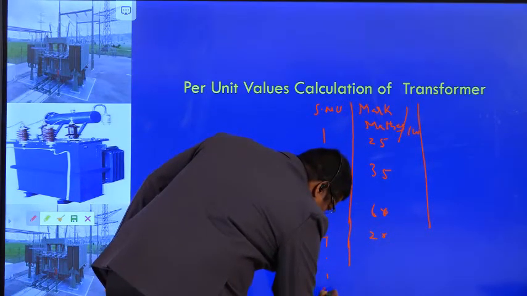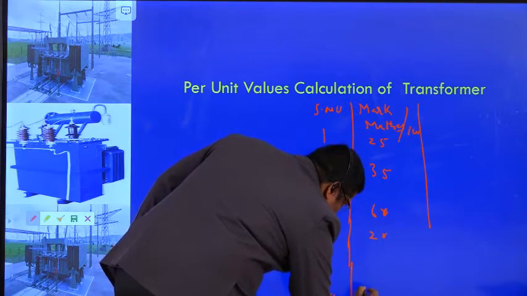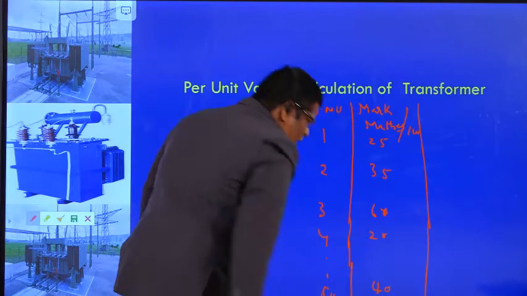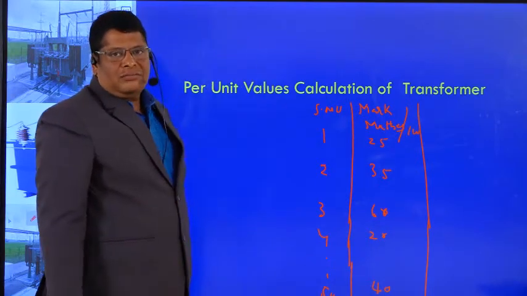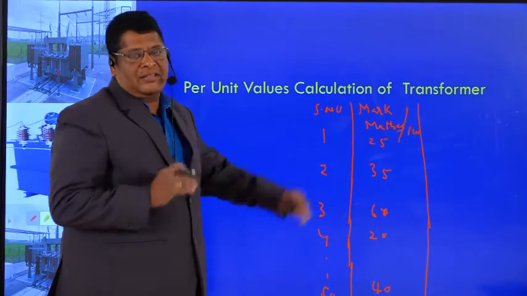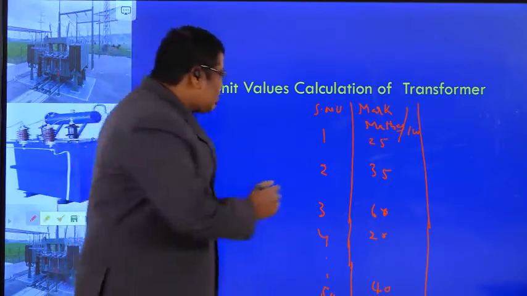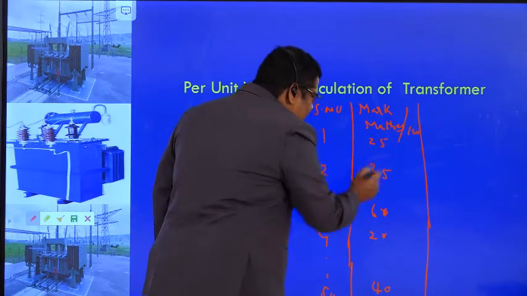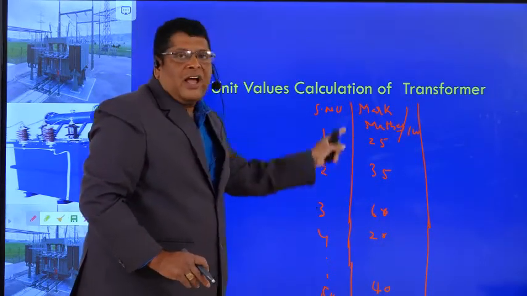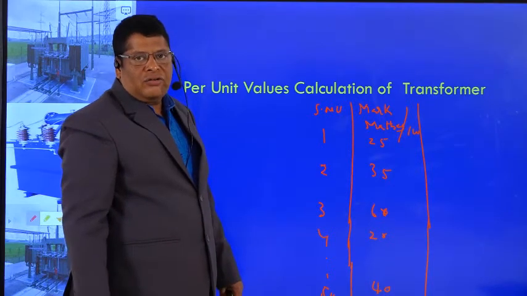Like that, we have marks for each student in the maths exam, because we conducted the exam only in maths. These marks are out of 100, and each student got some amount of marks. These values are nothing but absolute values.